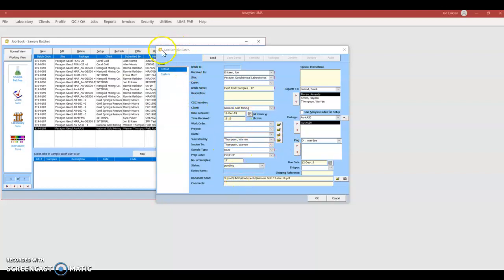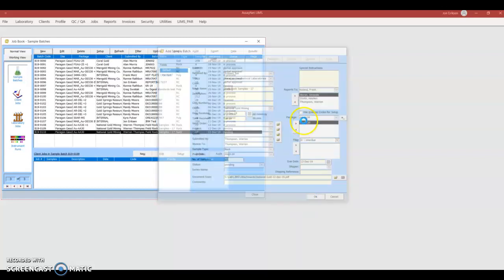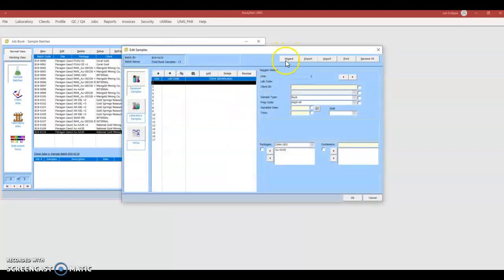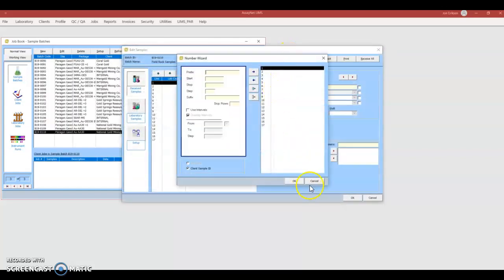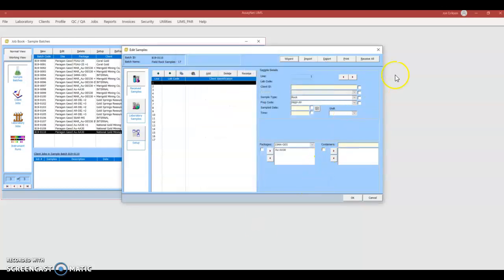Okay, so we're at this screen of adding the sample batch. We've already put the information in. So now all we need to do is hit OK. And then we're here. Last time we showed you the wizard, which is beneficial sometimes, but this one, I use